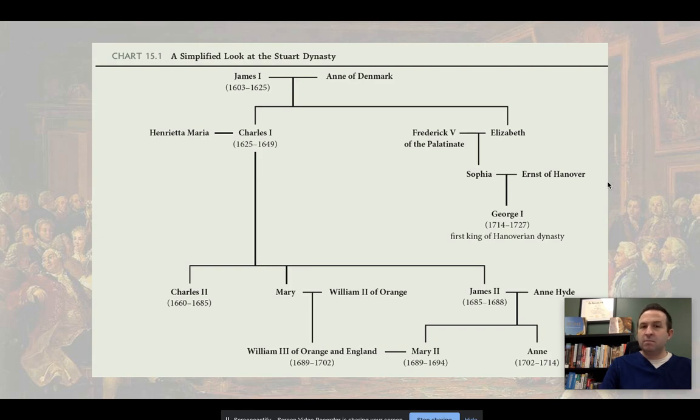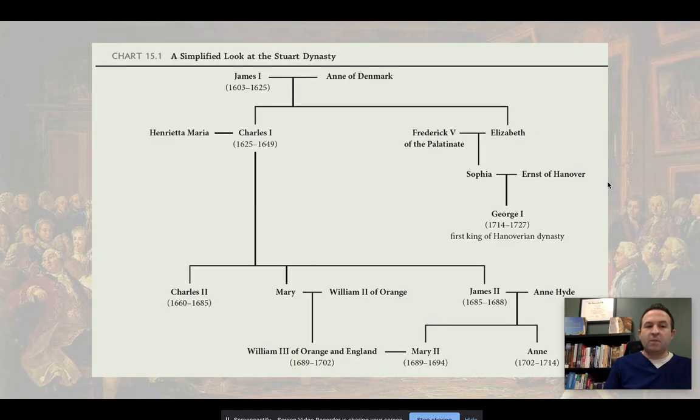Now, certain royalty are able to kind of skirt around Parliament due to being politically astute. Elizabeth I was a prime example. She was able to get things done almost as an absolutist monarch. Again, not quite, but almost, because she was able to use her political astuteness. She had a strong political acumen. On the other hand, the rulers for most of the 17th century, namely James I and Charles I, they lacked this. And so leading up to the English Civil War, there were some major issues,